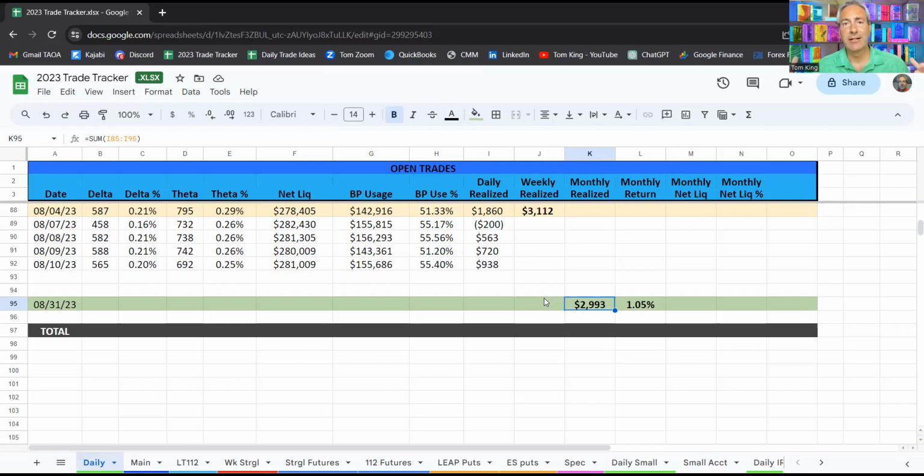However, they're not in terrible shape. They're not indicating a massive sell-off anytime soon, but they're just not indicating that we're going to rally back to new highs. A great little sideways trend, perfect for us. Let our theta work. Keep closing winners on our strangles and our 112 trades, and just let those things generate